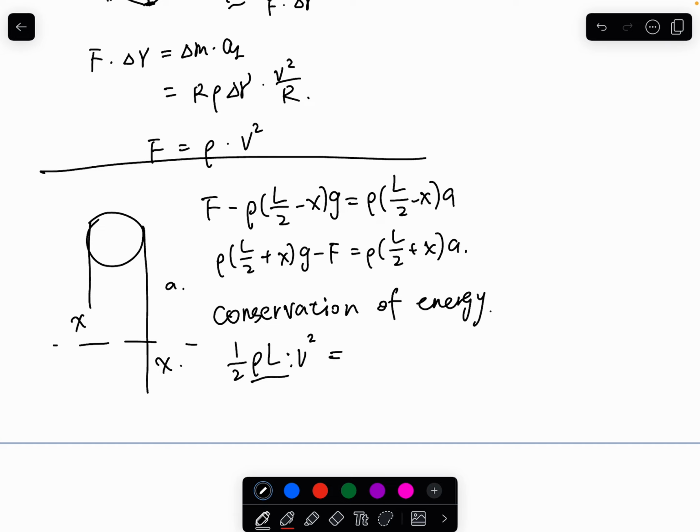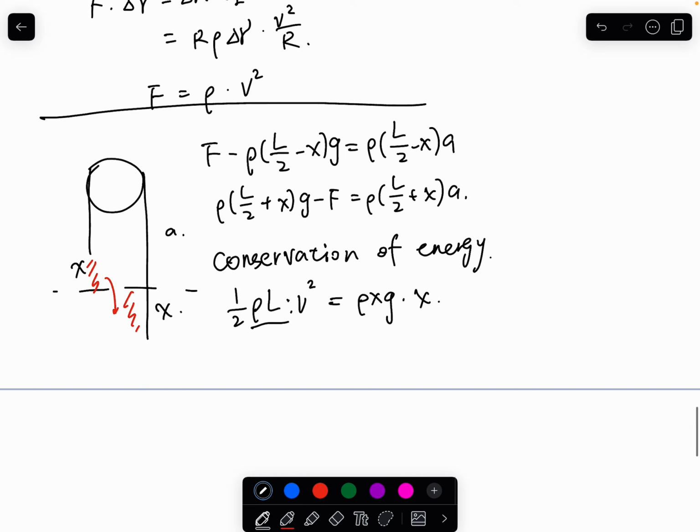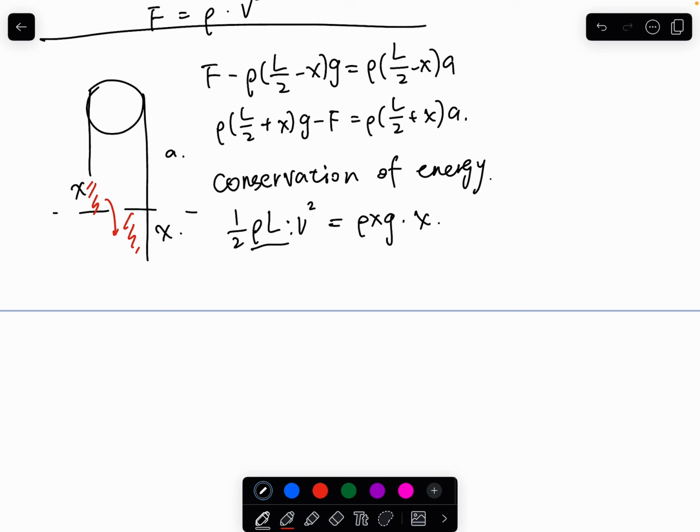It equals the decrease in potential energy, and we can assume that this part decreases by height x. So the gravity force is rho x g, and the height decreased is x. We set up this, and we find when F equals rho v squared,